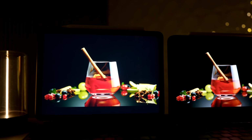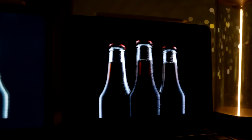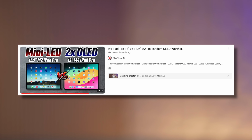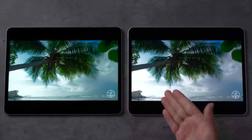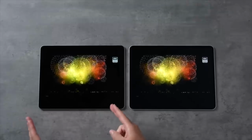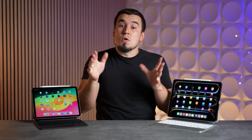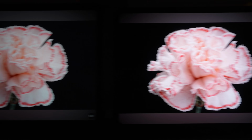But the even bigger benefit is that you'll get perfect contrast with deep blacks thanks to how OLED works, where each pixel lights itself, compared to the previous Mini LED, which essentially uses the same LCD light panel tech, but simply splits it into a bunch of different zones, which unfortunately causes that annoying blooming effect when in the dark. But the new OLED, on the other hand, is gonna be perfect in every single way, including up to 800